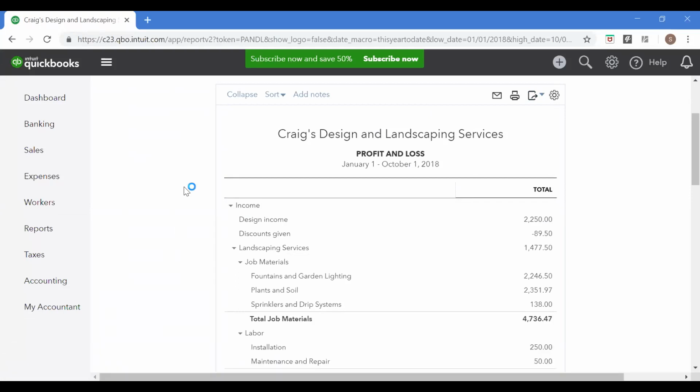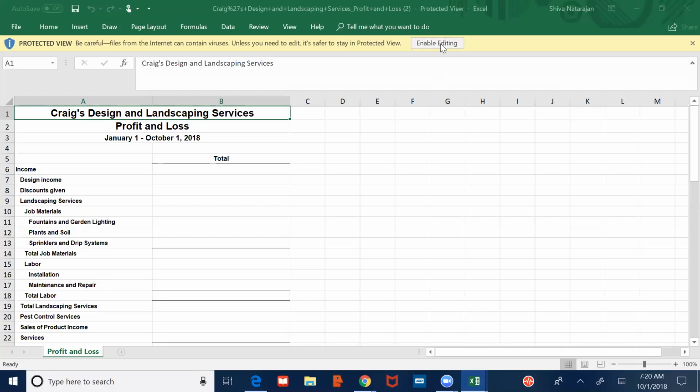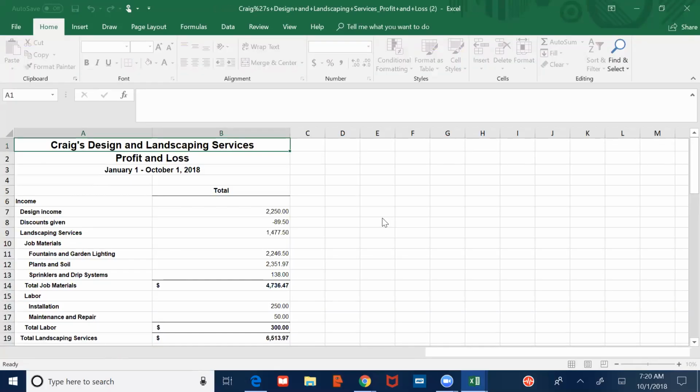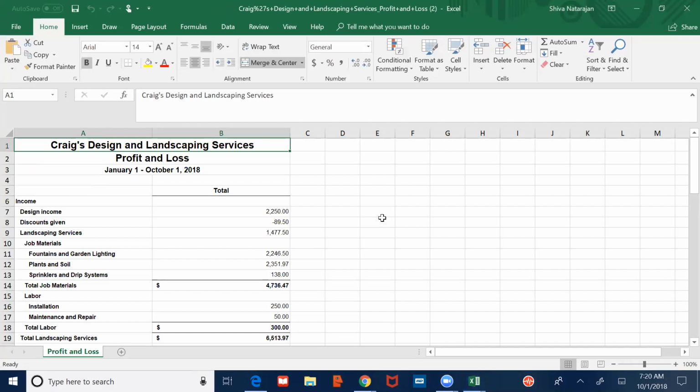Open the file. Click on Enable Editing. So that's the P&L statement here.